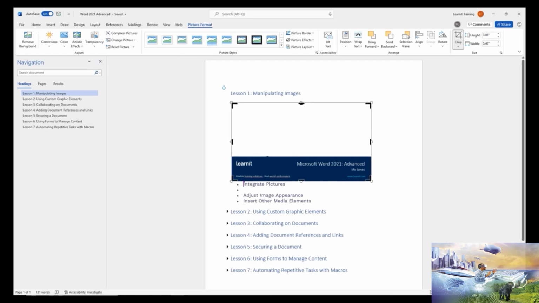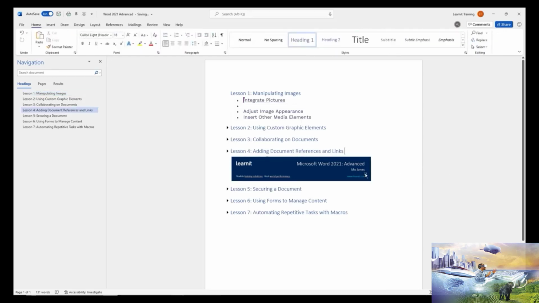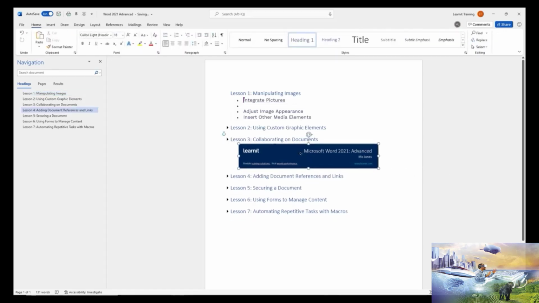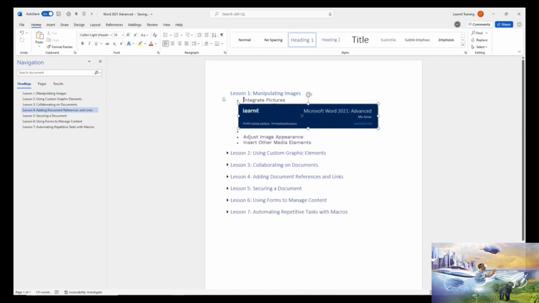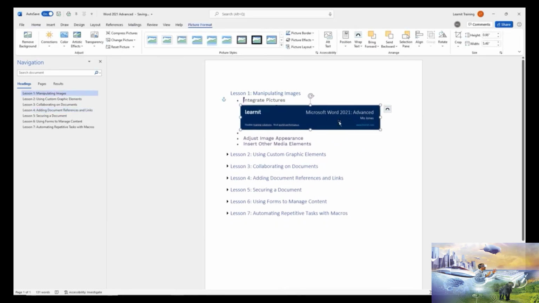And I want to make sure I grab the correct part here. All right. Click away to accept the change. And now I can just move it, and I'll put it right here. Very good. Now, if I want to stand out a little bit, I can go back to that contextual menu,